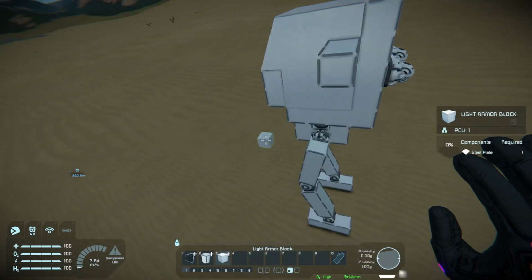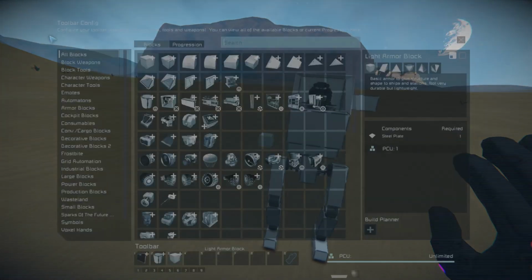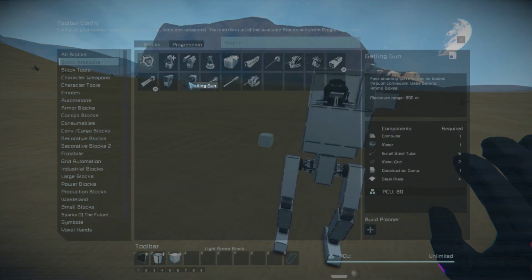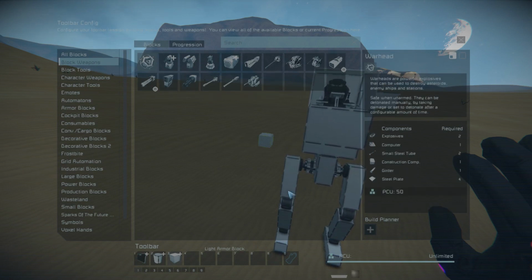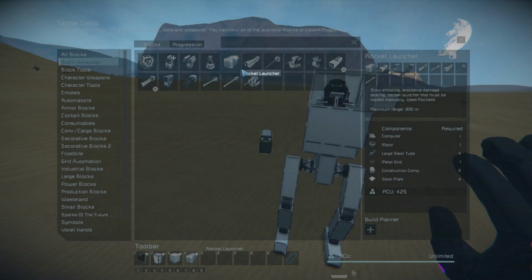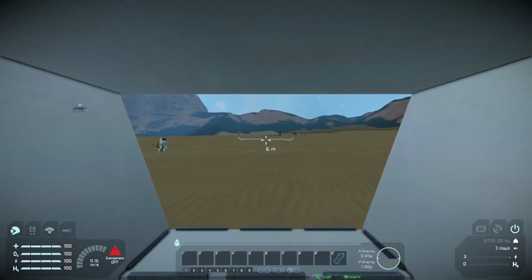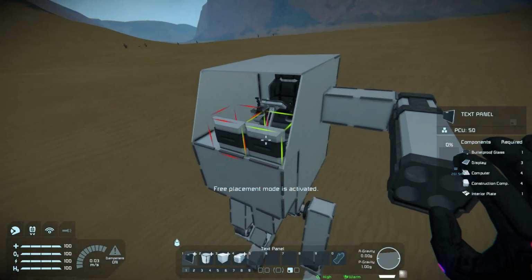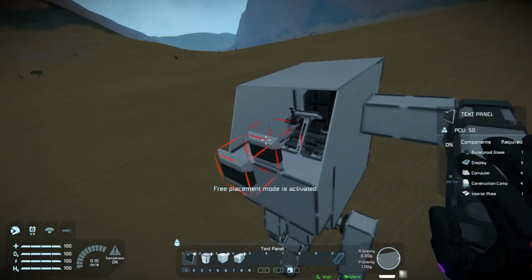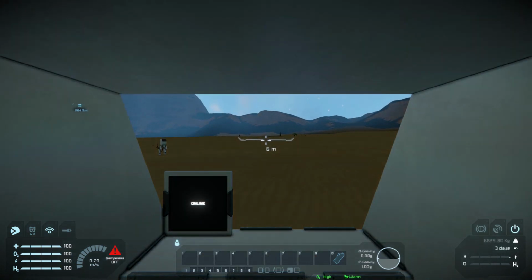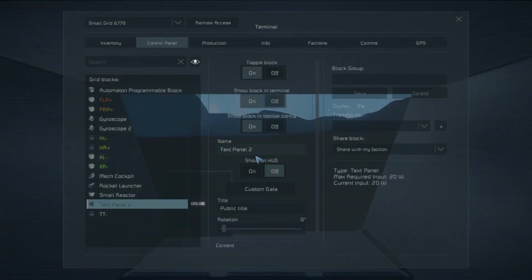Right there. He has an arm, and he has, I don't know, a rocket launcher is far too overpowered for a mech because subgrids have no health. But I don't know, let's give him a rocket launcher just because. So we're going to place a single text panel, probably on the side here, and we're going to name that text panel AWS Integrity Panel. Just like